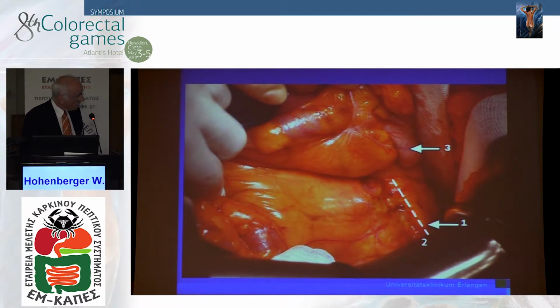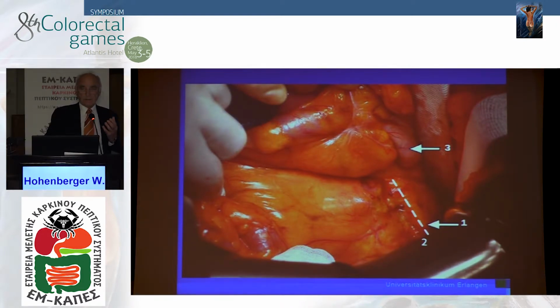And you see, if you open the lesser sac, this is, by the way, the cranial plate of the transverse mesocolic fascia. It's a fascia. It's covering all, continuously running fascia. And here it's transverse mesocolon. From here on, it's mesopancreatic fascia. And these are the arteries running towards the pancreas inside to the transverse pancreatic artery, and there are 3 to 4 nodes. One here, maybe here, right along at the root of these small vessels.